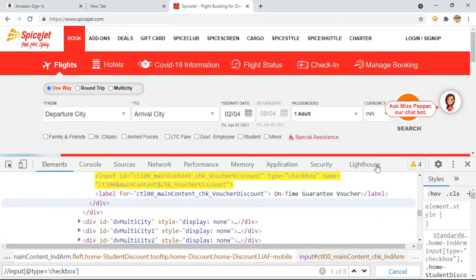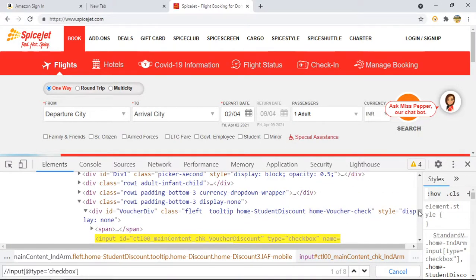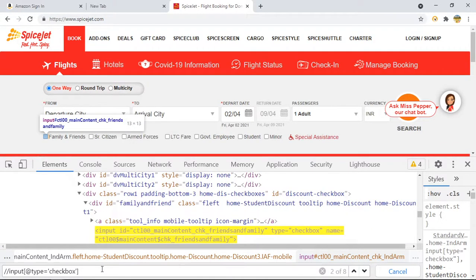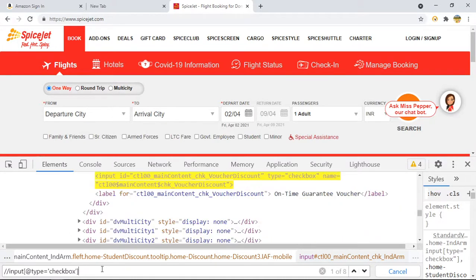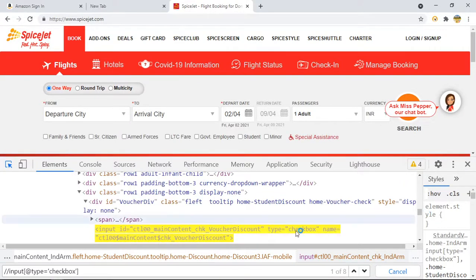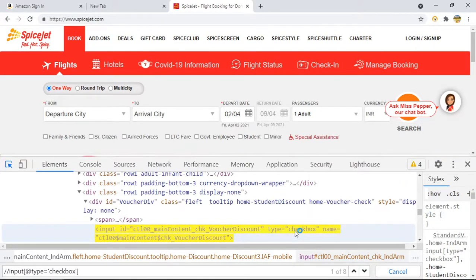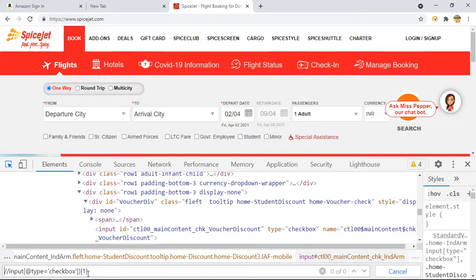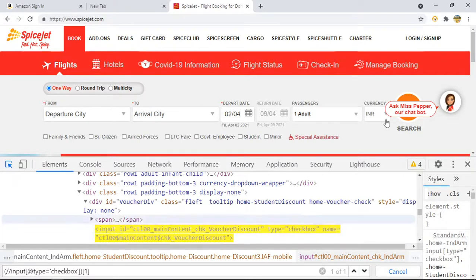Is there any other? Let me start again. Where is this voucher discount? If I make it unique, where is this voucher discount? I'm not able to see.